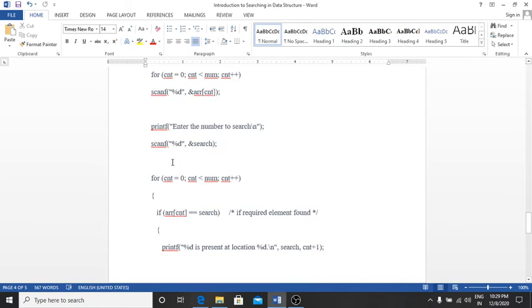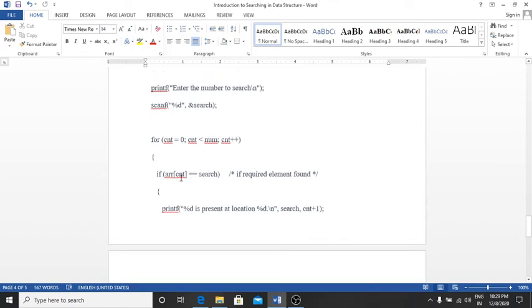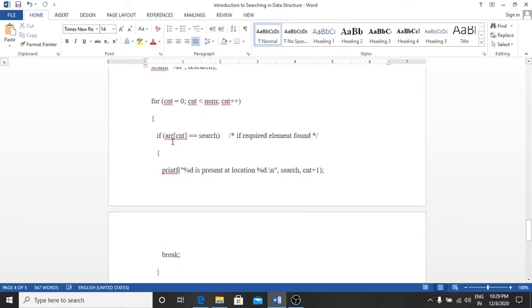Now enter the number to search, that means enter the number which you want to search in the list. So we enter the element, assigning the value to the search variable. Now take again a for loop, assign CNT to 0, CNT is less than num and CNT plus plus. Check if ARR of CNT equals search.